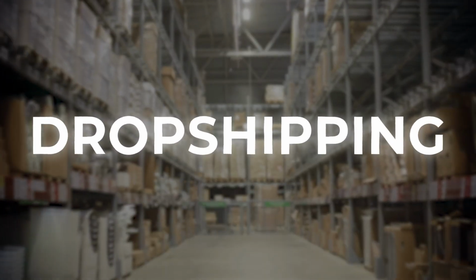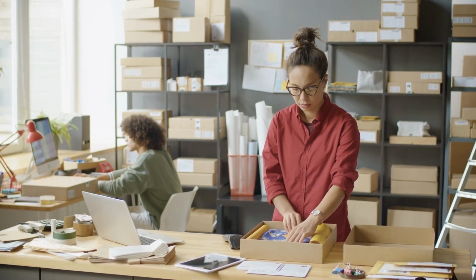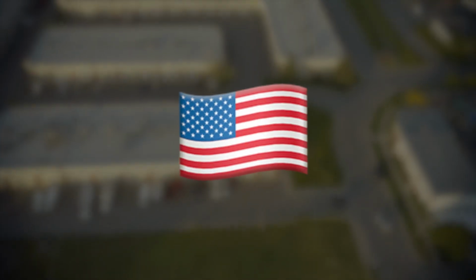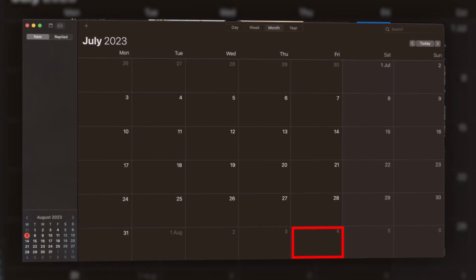And this is actually an e-commerce brand which started out with dropshipping, but after they found initial success, they changed it into an actual e-commerce model when they have in-stock products and everything gets shipped from a warehouse within the United States. The interesting thing about this e-commerce brand is they came to us and started working with us late last month of July. I'm recording this video on August the 4th, and during this time period, their sales had